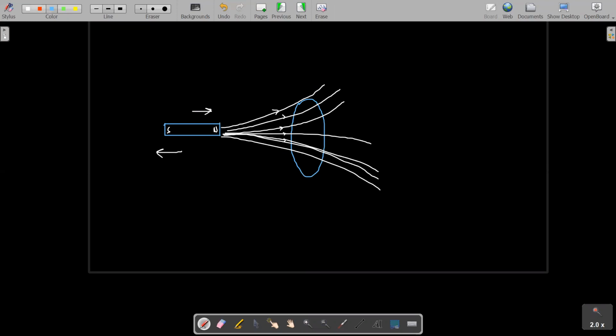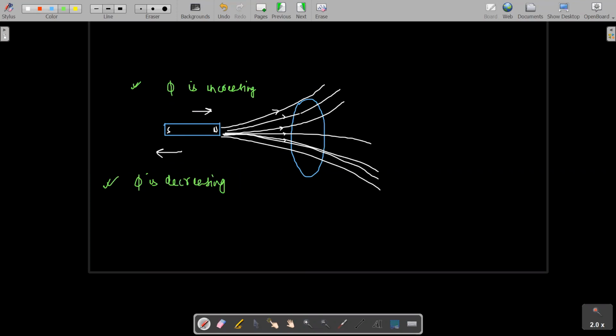Okay, I am also writing this, that flux is increasing. In this case, flux is increasing. Okay, and in this case, what will happen? The flux will decrease. Okay, in this case, flux is decreasing. So whether the magnet is moving towards left or towards right, these two things are different, because in one case flux is increasing, in the other case flux is decreasing.